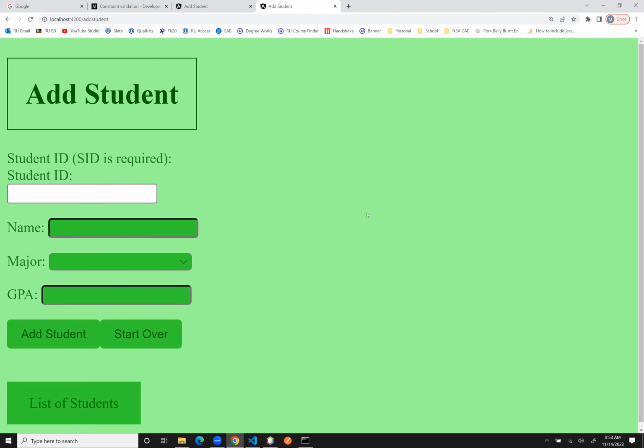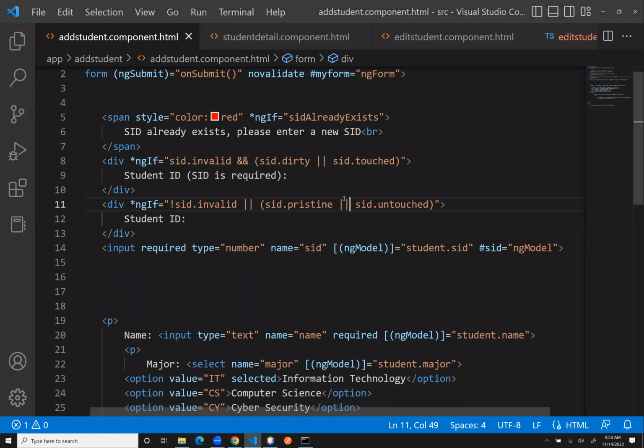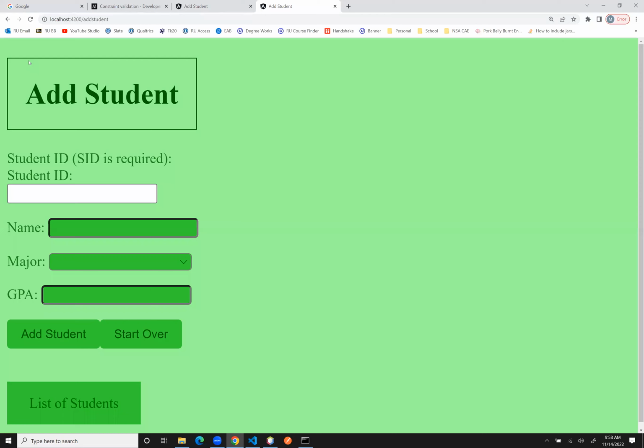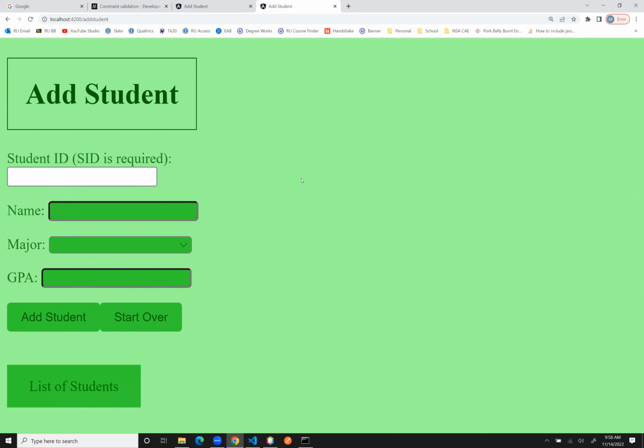Everybody see that? Why is it twice? Those weren't mutually exclusive. That's your problem. It turns out that this should probably be an and. But when I put a number in it, hey, right? We're good. Now we can do the same thing with name, but we're actually going to use SID primarily as our teaching moment